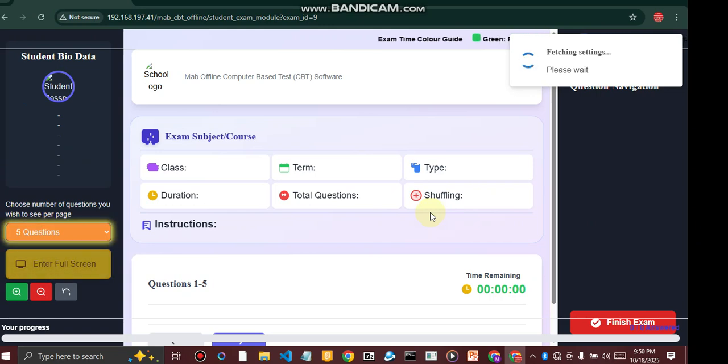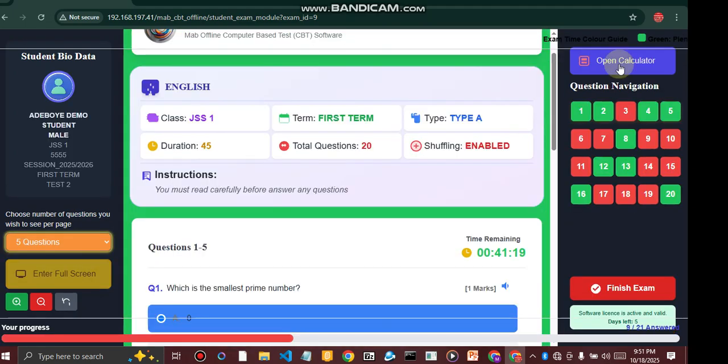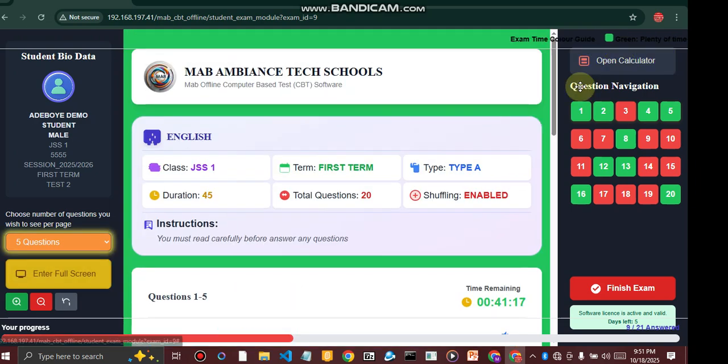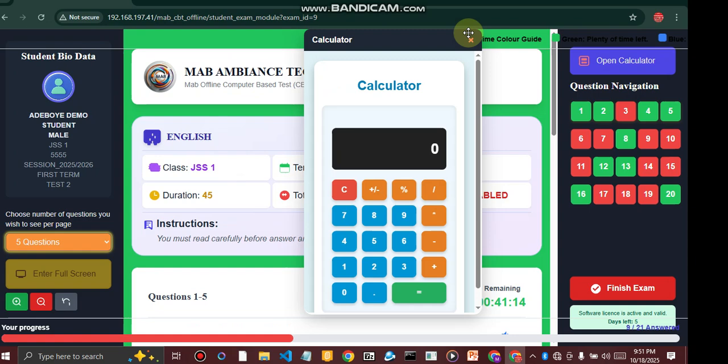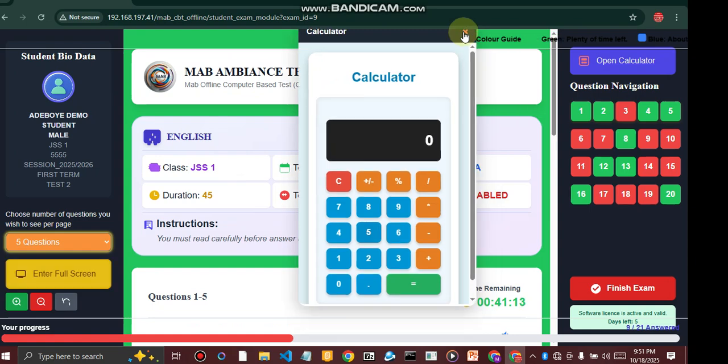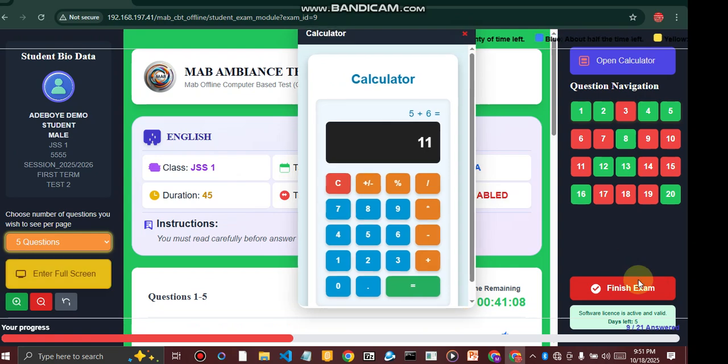So now, without wasting much of our time, let me just go on. If it is calculator, just click on open calculator. You can drag the calculator like so. Let me round up, then click on finish exam. And before I do that,